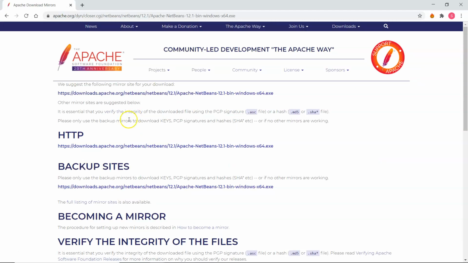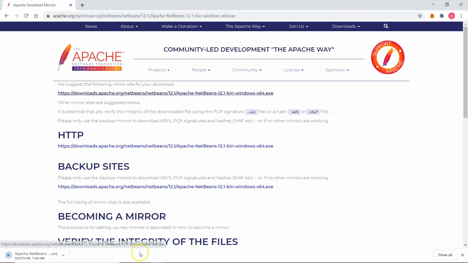Now, it's suggesting a site here: we suggest the following mirror site for your download. Okay, click on that, and now the download has begun. It's due to take a minute, so I'll just pause that while that's downloading. Now, that took a little bit longer than a minute, but when it's finished, I'm going to click on the